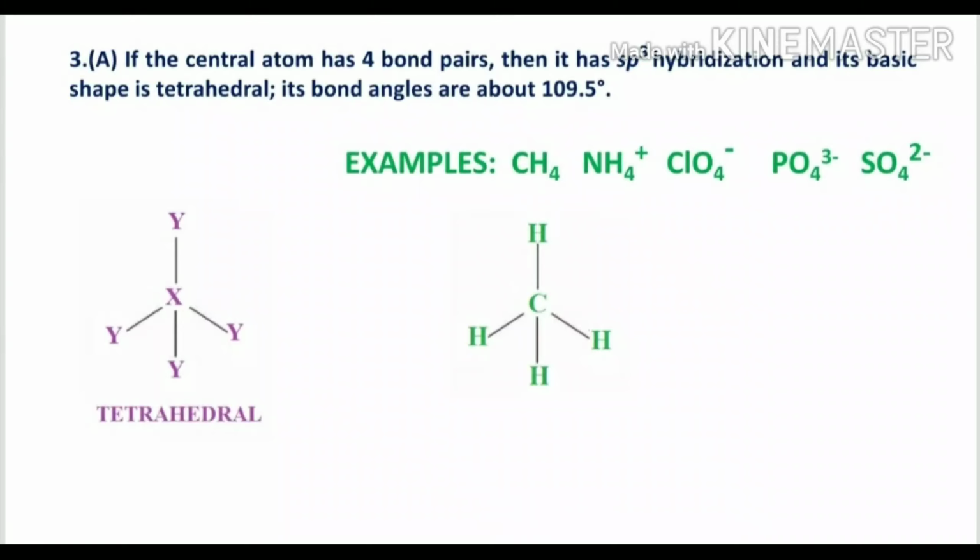The 2s orbital and 3 2p orbitals are taking part in the sp3 hybridization, and 4 electrons are filled in the 4 orbitals 2s, 2px, 2py, 2pz, and they are going for the hybridization to make the sp3 equally energized orbitals. They overlap with the 4 hydrogen 1s orbitals and make the 4 sigma bonds. So all our 4 bonds are there, and because of the electrostatic repulsion between each other they make a symmetrical structure having this 109.5 degree angle uniform between all bonds. So this is the formation of sp3 hybridization.